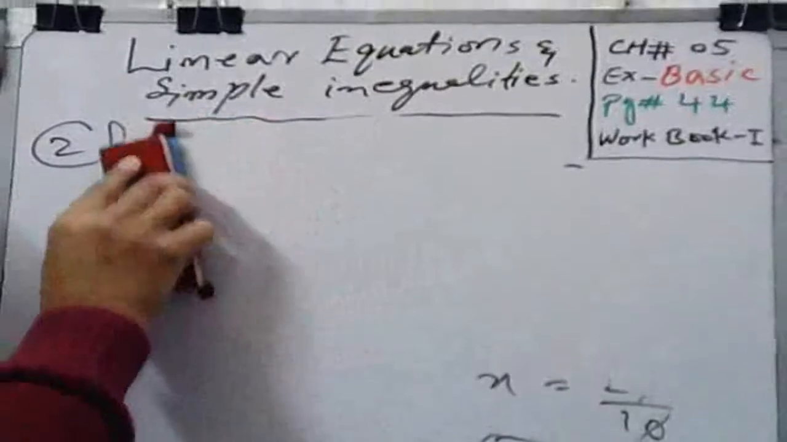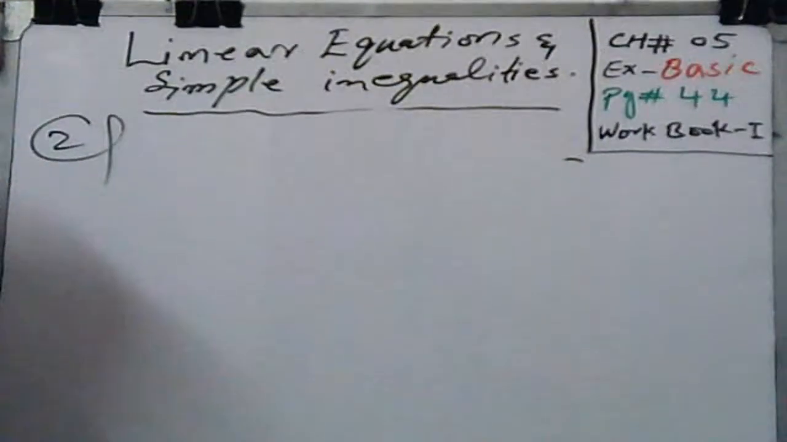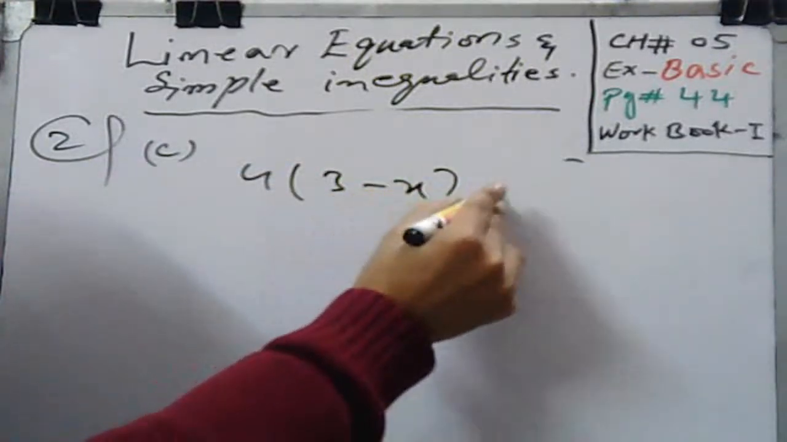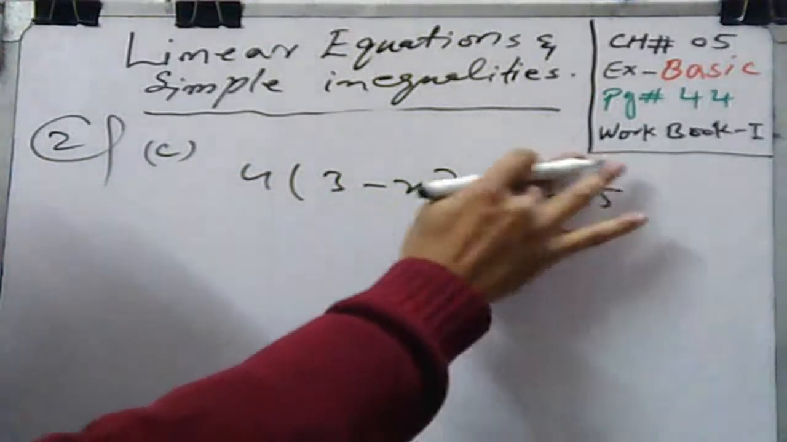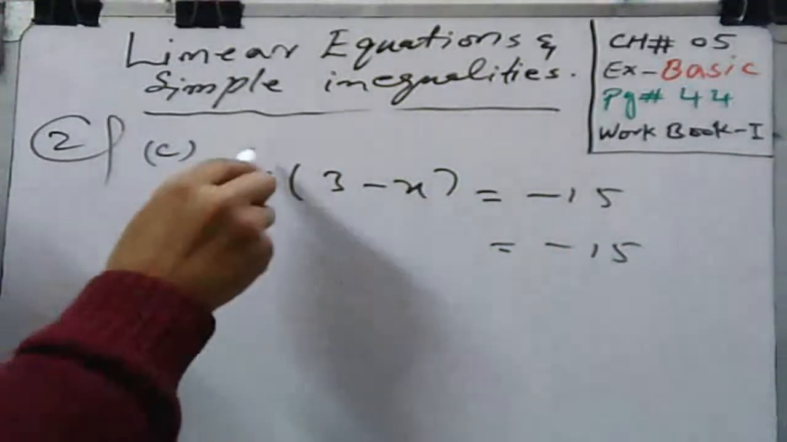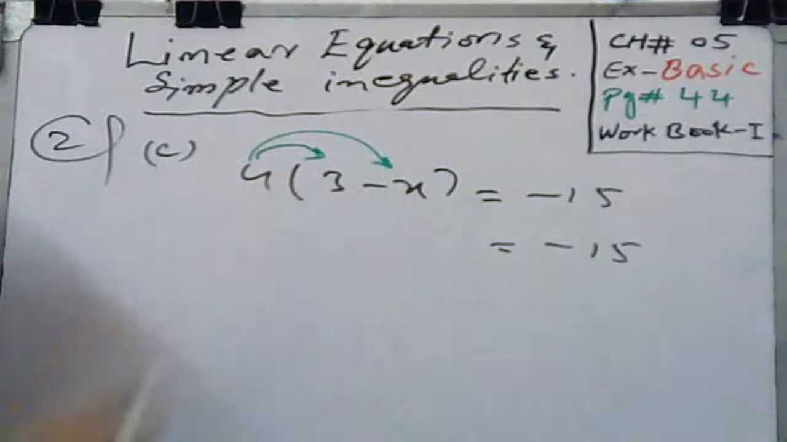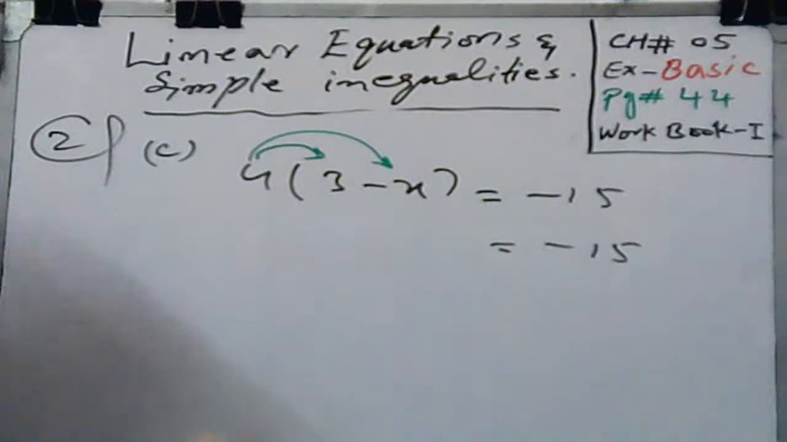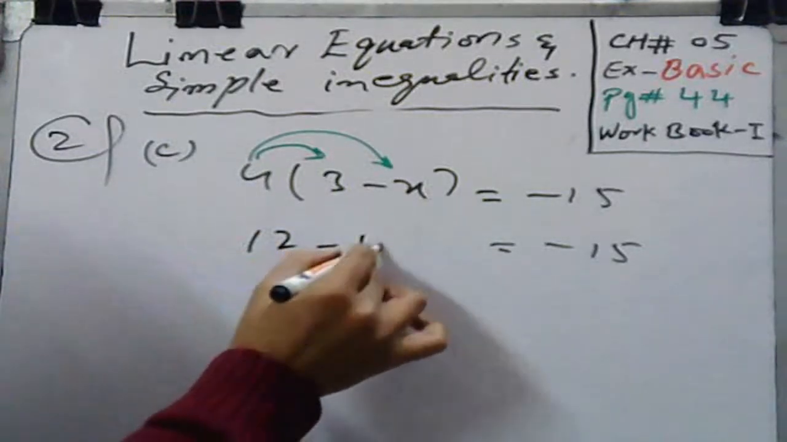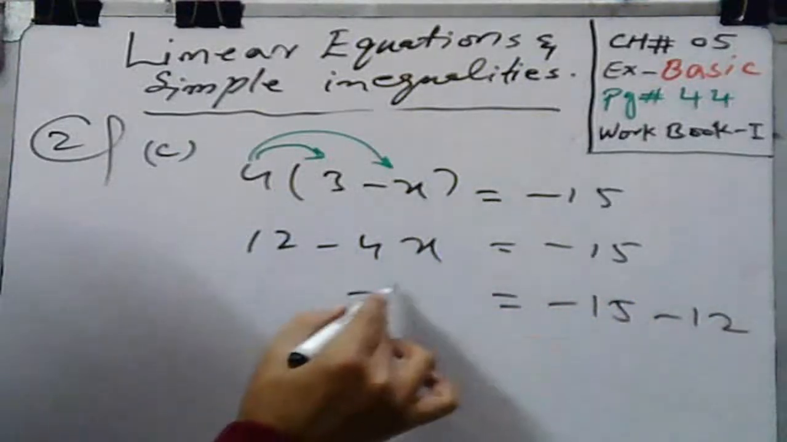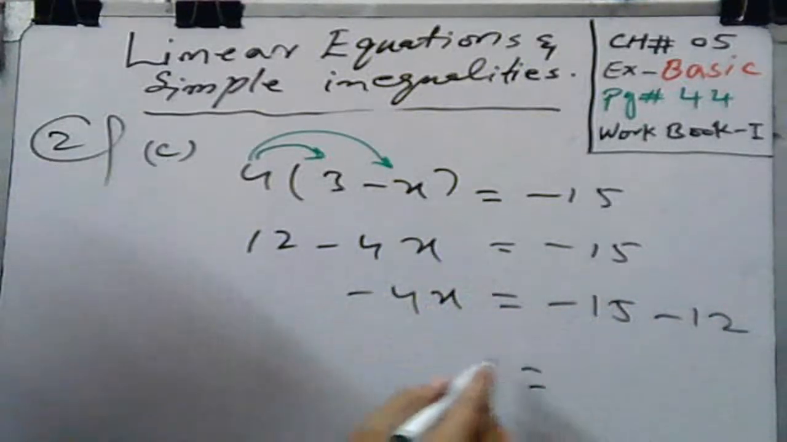Similarly, in C part, 4 into 3 minus x is equal to minus 15. So in the first step you have to multiply 4 with this one and with this one. You will get 4 3s are 12 minus 4x, and again by the same methodology, the constant term should be shifted to one side. You will get